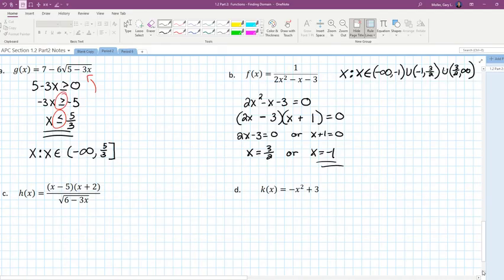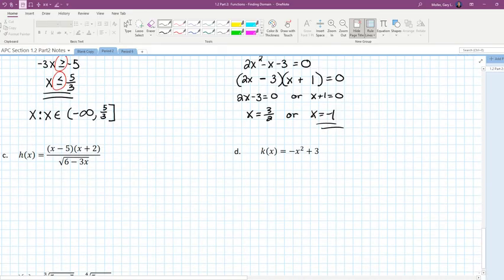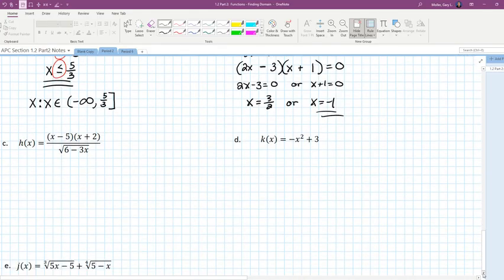Hopefully that makes sense. Okay, part C's got a lot going on, or at least it seems like it. So let's stop and analyze. In the numerator, I've got no issues. I can do anything I want up there. Any x will lead to a y value. In the denominator, I have a square root. So I know that 6 minus 3x can't be negative, so I could say it's greater than or equal to 0,